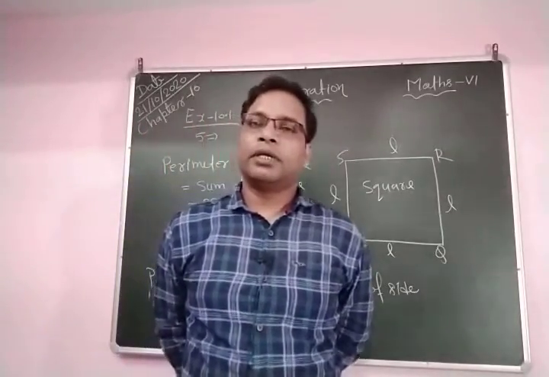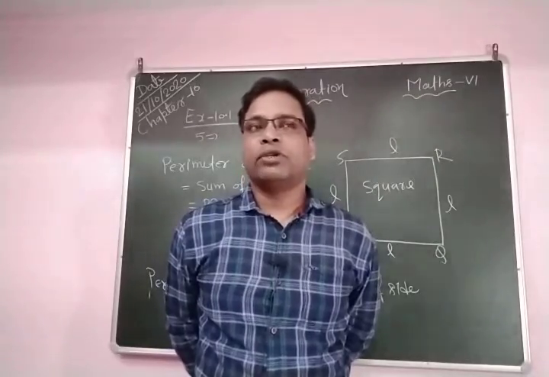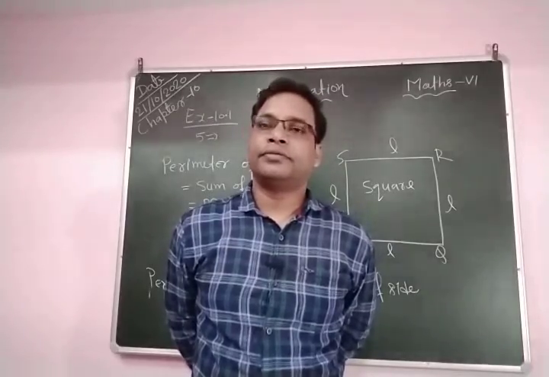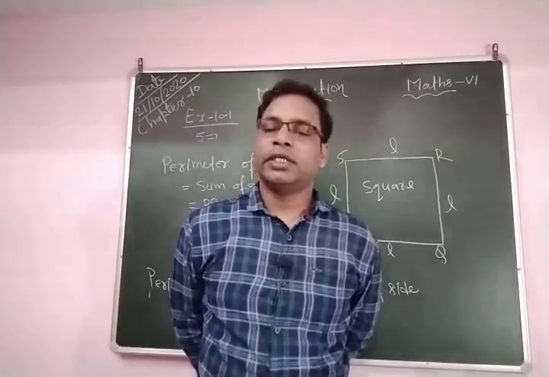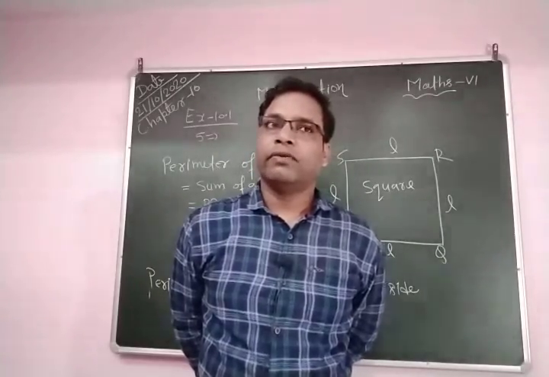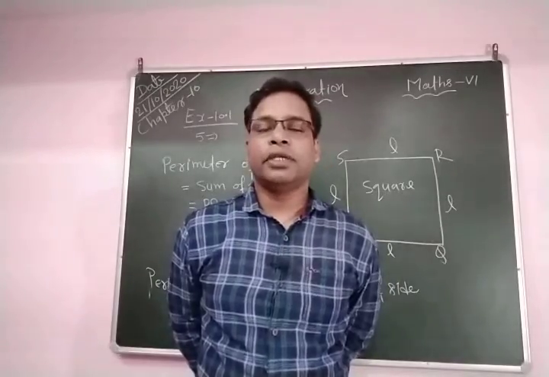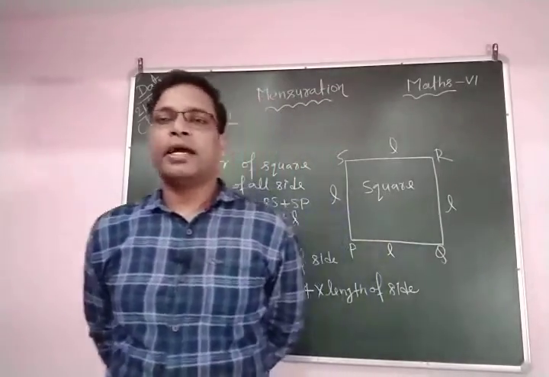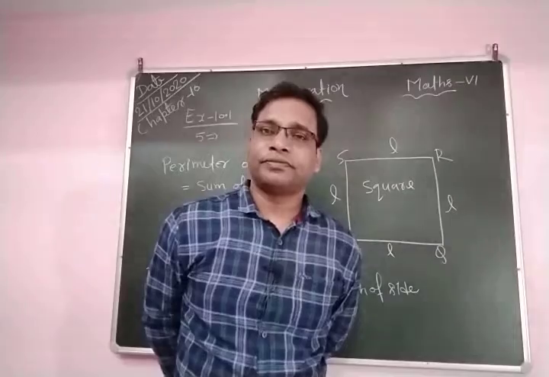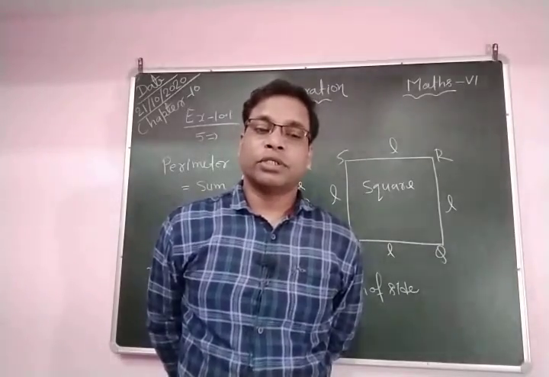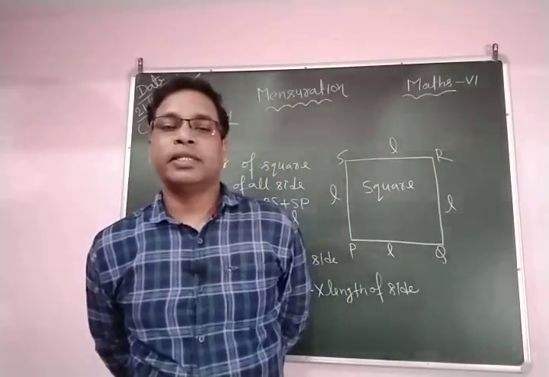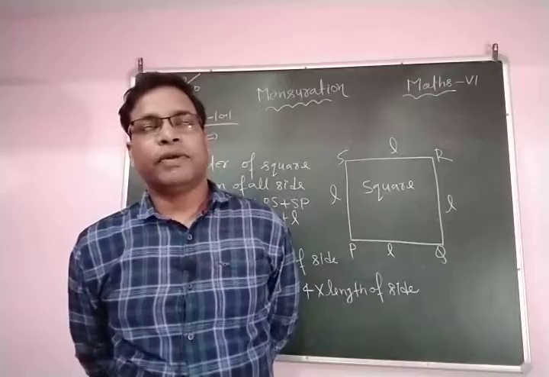Sometimes the problem is that the perimeter is given and 2 sides are also given, or 1 side is given. If the triangle is isosceles, then you need to find the third side. For such problems, we use the perimeter and the 1 side, then you can find the sum of 2 sides, then you can find the third side. So we are going to discuss exercise 10.1 question number 5, because in question number 1, to find the perimeter of the following figure, you can only sum their sides and find their sum.